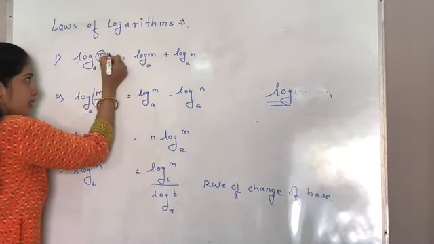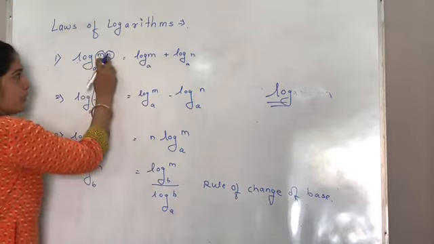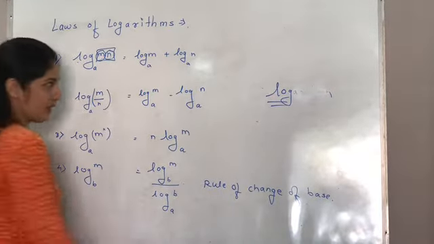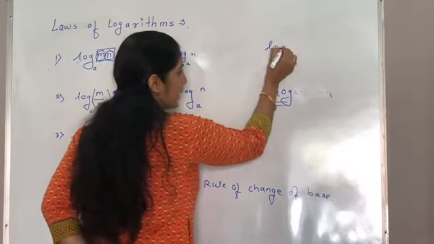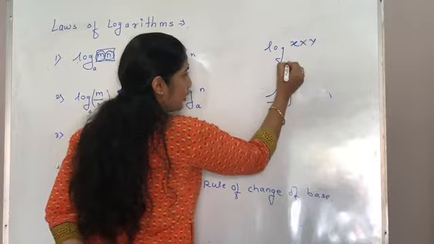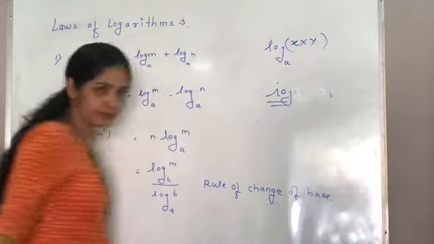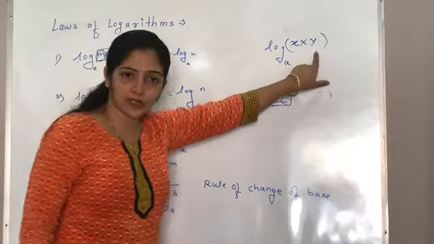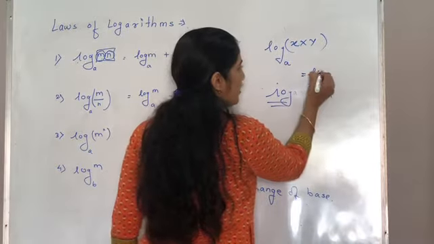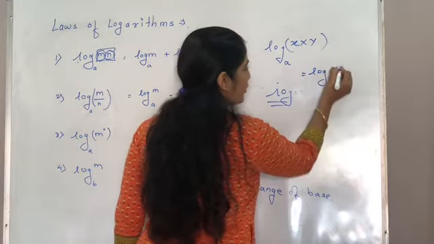This is one term and this is another term. You have to multiply them here. Means whatever term is here, that is a multiplication term. Let me give another example here: log of x multiplied by y to the base a. Fine. Writing the multiplication sign is not necessary, we have already learned that. So how to write this as log of xy to the base a.